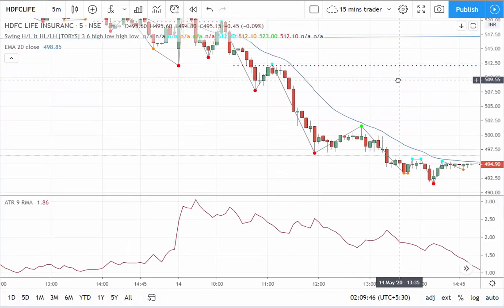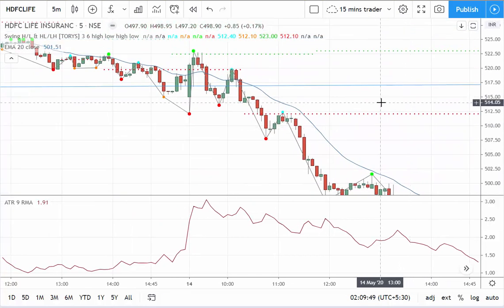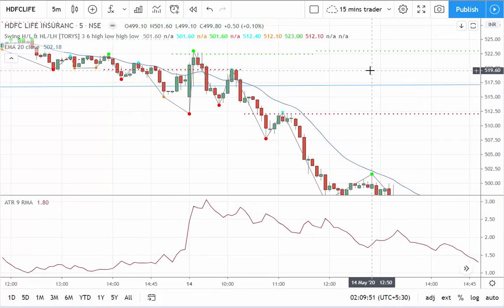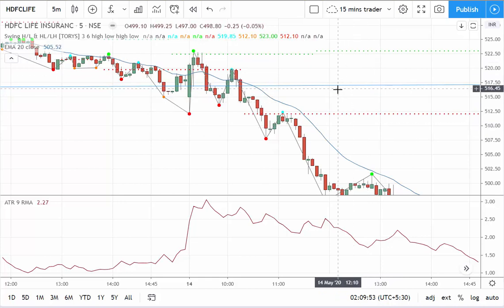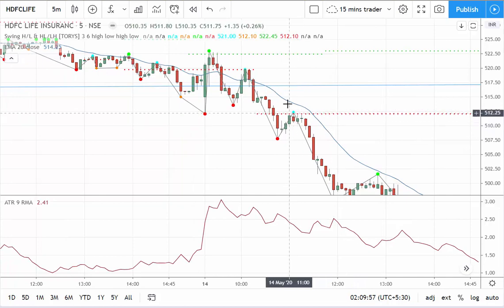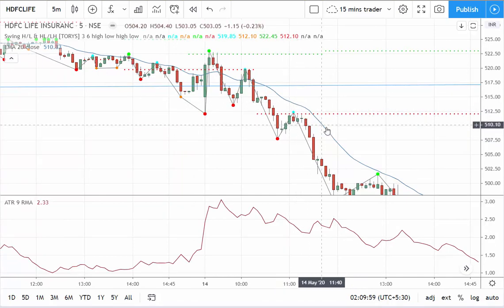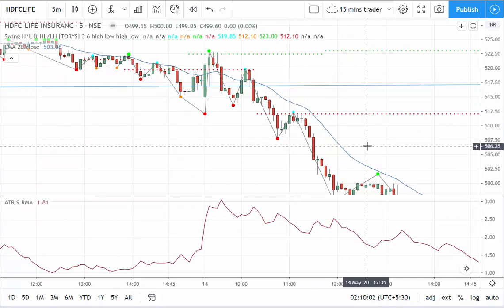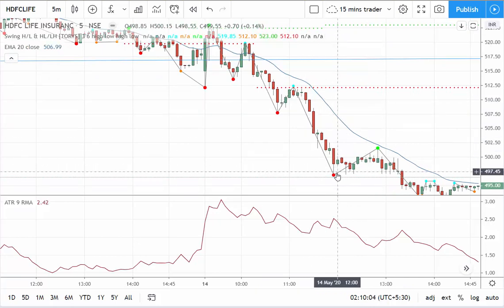So 2.5 rupees is my maximum loss. So I have two lots now. Earlier my stop loss was 5 rupees. Now it is at 2.5 rupees. So this is a better entry point. So after this entry, the stock slides down to